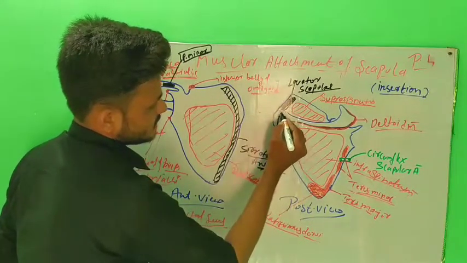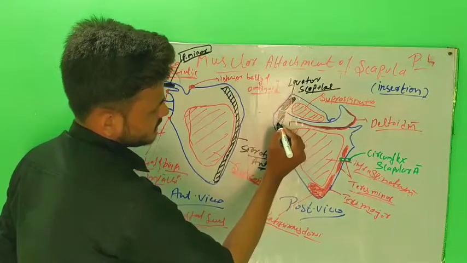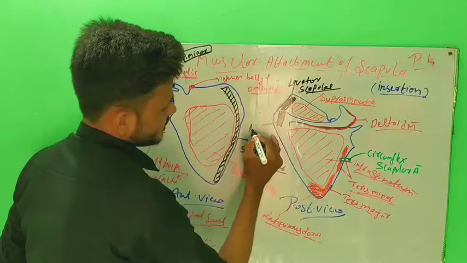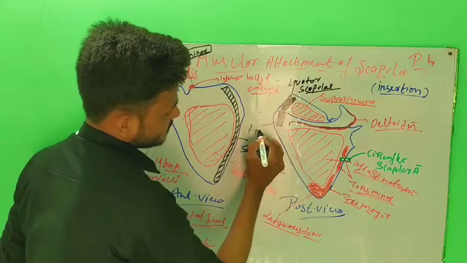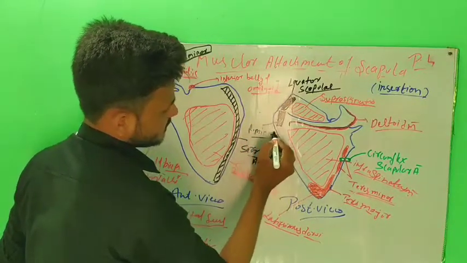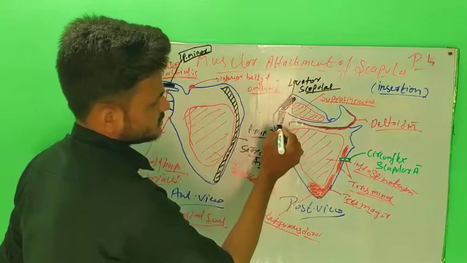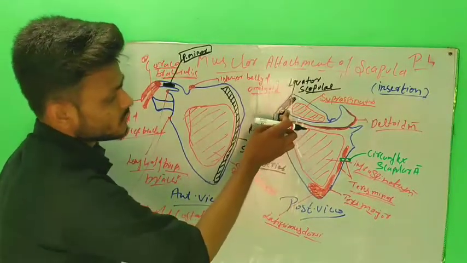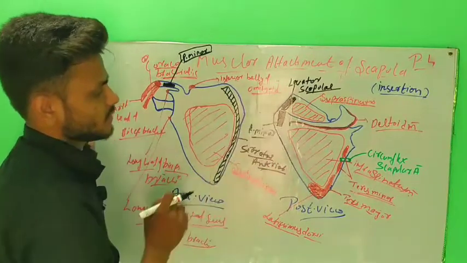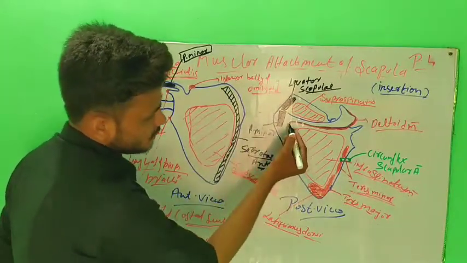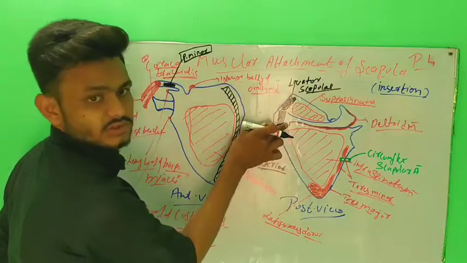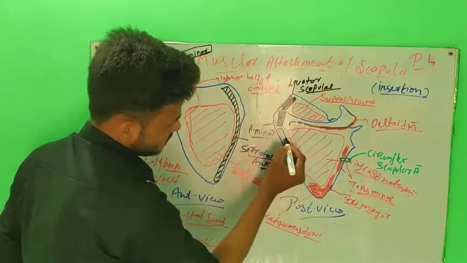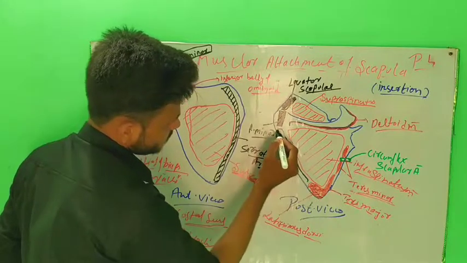one muscle is inserted. This muscle is called rhomboideus minor. This muscle is inserted at the level of the root of the spine of scapula, and from the lower end of the root of spine of scapula to the inferior angle, this muscle is called